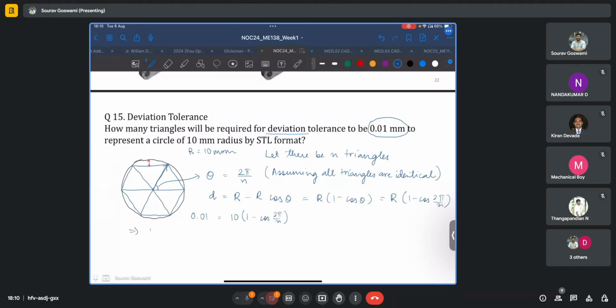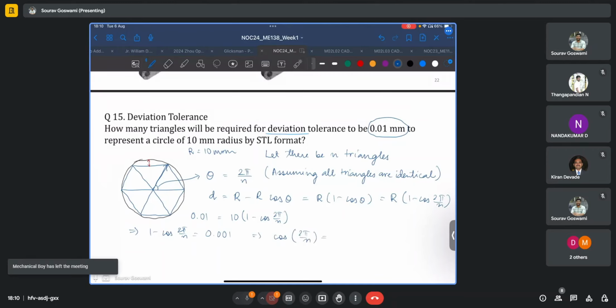which implies that 1 minus cos of 2 pi by n is equal to 0.001, cos of 2 pi by n, and it turns out to be 0.999. And if you do a cos inverse of that, so